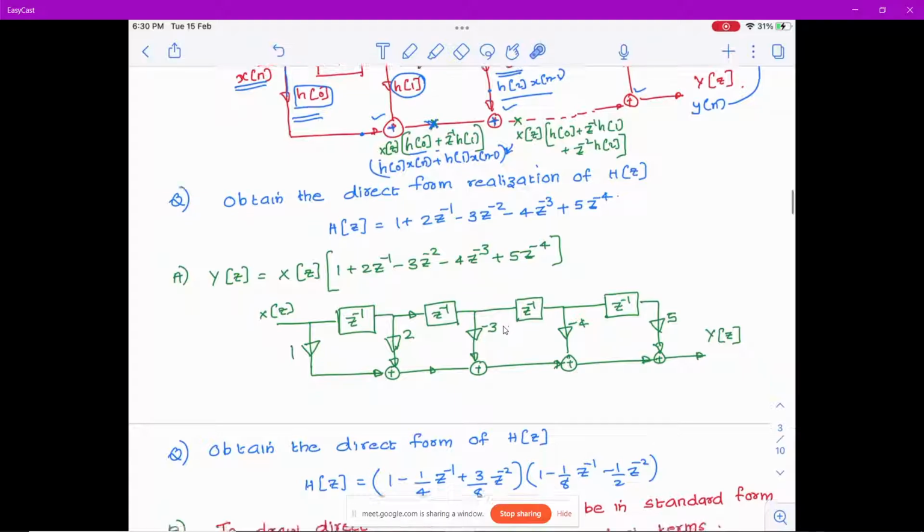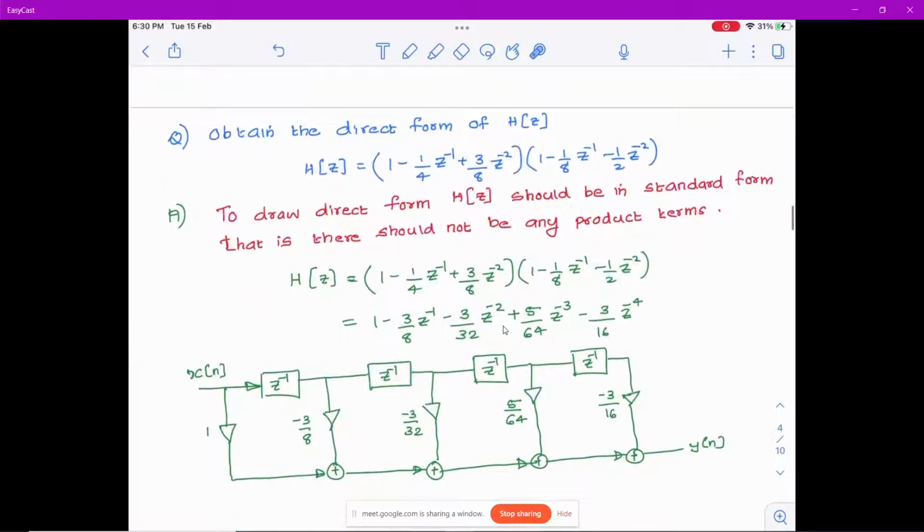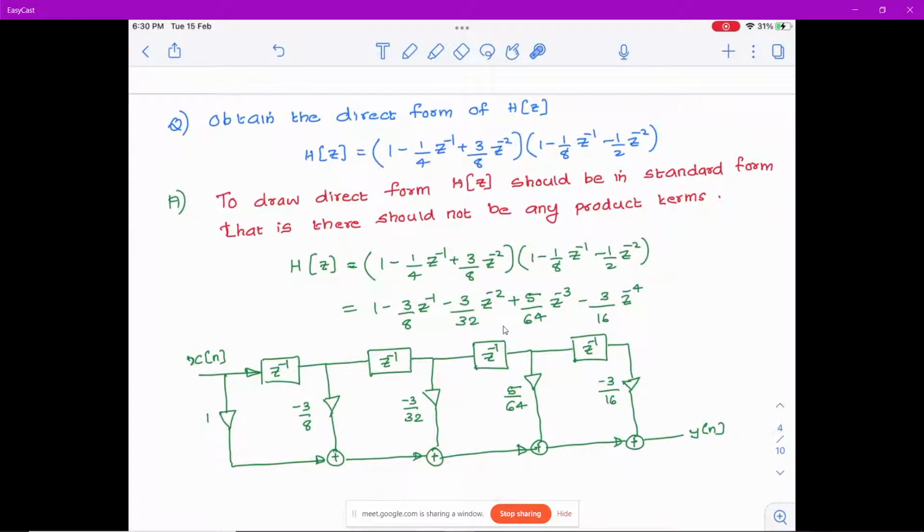Okay, we will see one more example. Direct form realization of h of z is equal to 1 minus 1 by 4 z raised to minus 1 plus 3 by 8 z raised to minus 2 multiplied by 1 minus 1 by 8 z raised to minus 1 minus 1 by 2 z raised to minus 2. If it is given in this form, as a product of two terms multiplied together, you